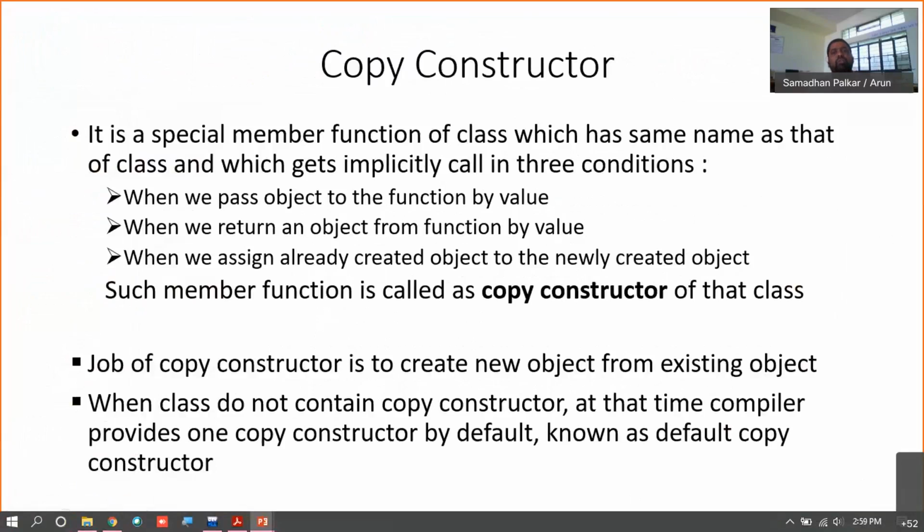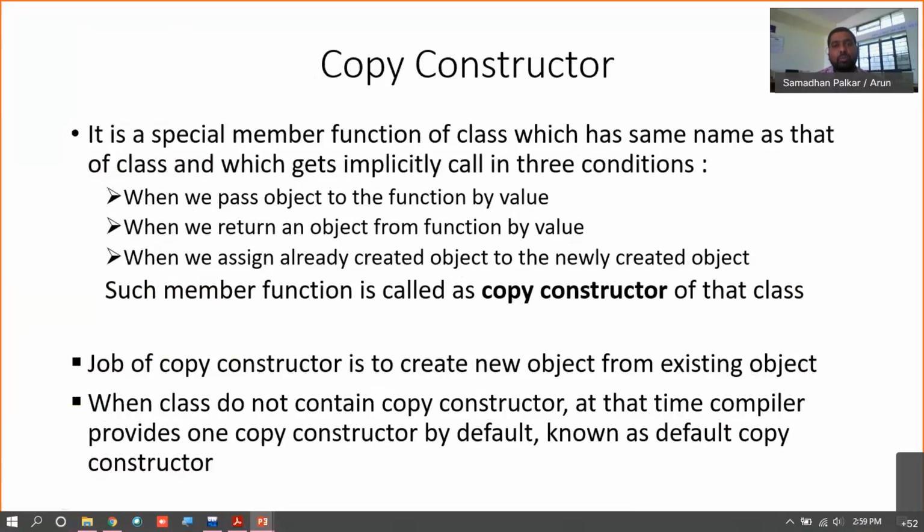It is a special member function of a class which has the same name as that of the class and which gets implicitly called in three conditions. So keep in mind that copy constructor is implicitly called when we pass an object to a function, when we return an object from a function, and when we directly assign an already created object to a newly created object.